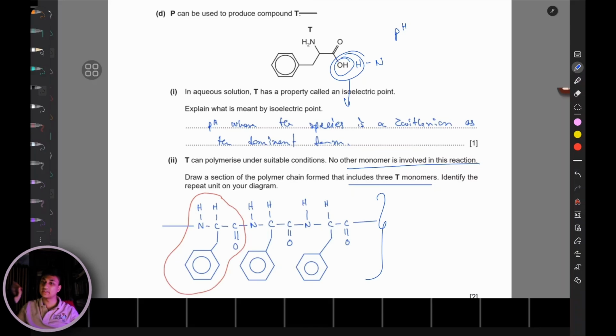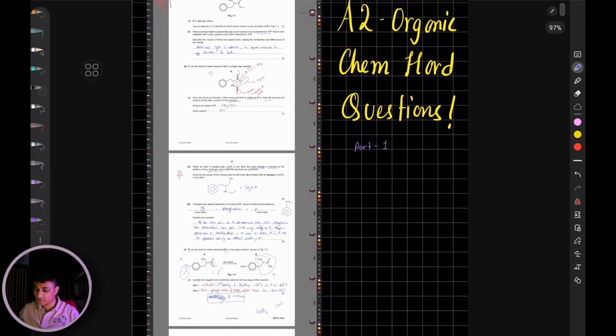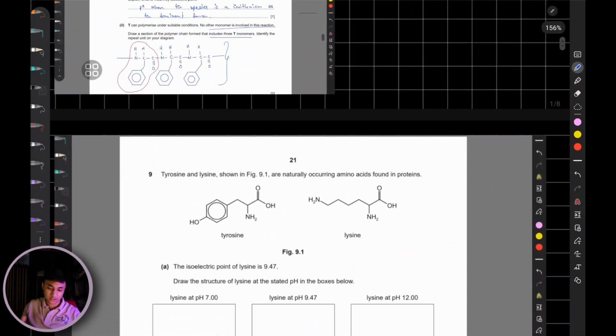Basically, H of NH is out of the structure, OH of carboxylic acid is out of the structure, forms a bond, and this is going to be the amide linkage. So that is your polymerization reaction, and that is your question 1 of this video. Pretty lengthy. Now next one,